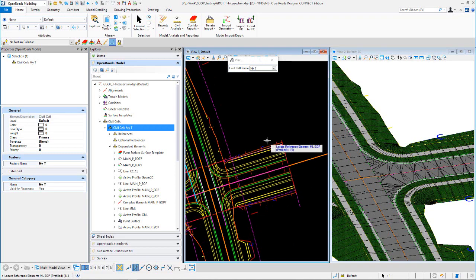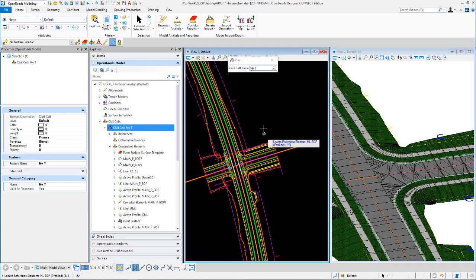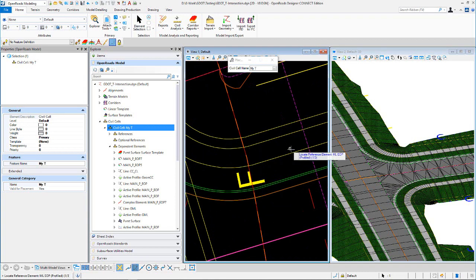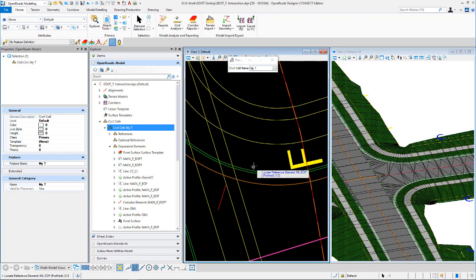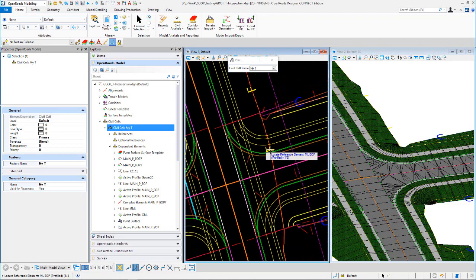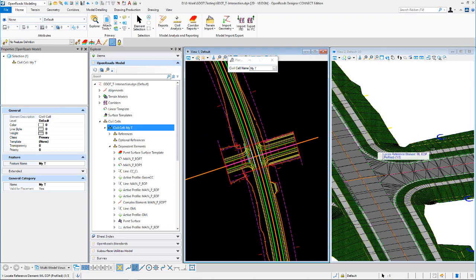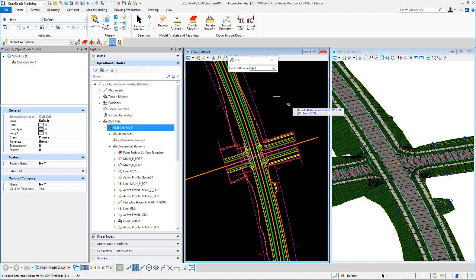Obviously, you got to figure out what references to use, etc. Placing something like a curb ramp, you're going to use curb flow line, back top curb, things like that. But like I said, just a quick overview of how cells are